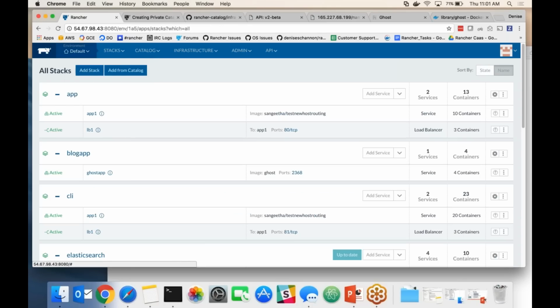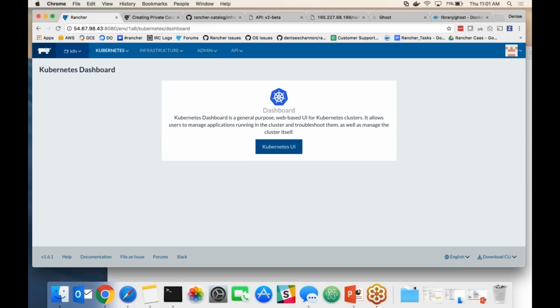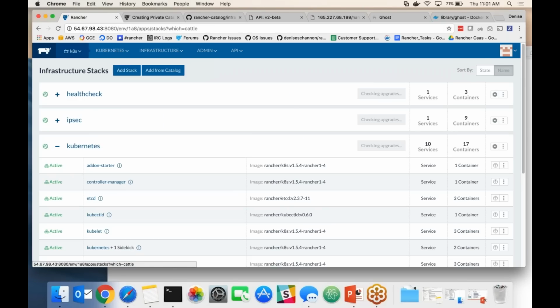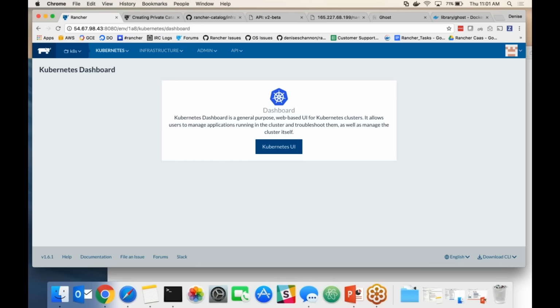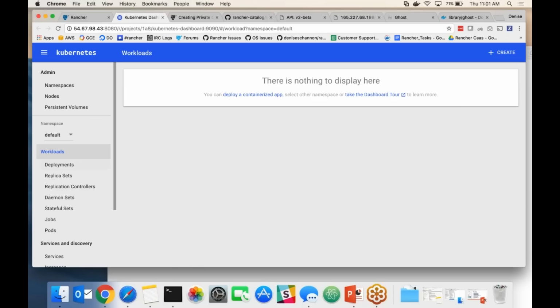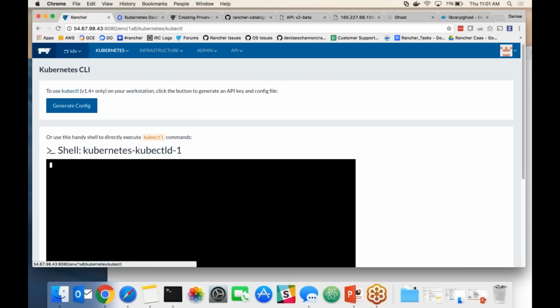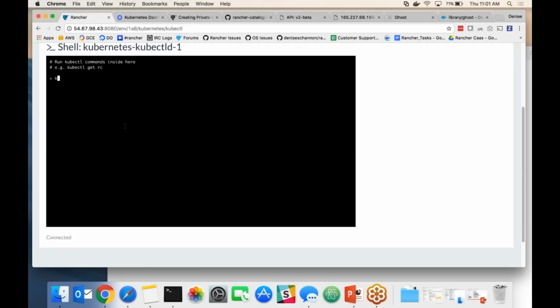I'm just going to go into our Kubernetes environment real quick. It looks like Kubernetes is now up and running. Everything is active. You can go to the Kubernetes UI. You could see the dashboard. You could start deploying services here. If you wanted to use the CLI, you could start